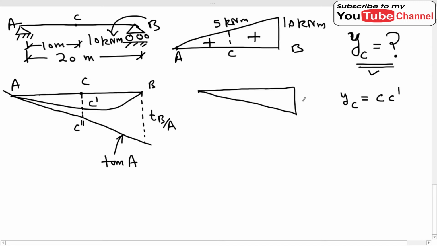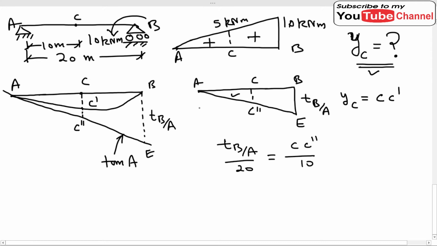This is TB over A, this is C double dash, this is C, this is A, and this is B. Let us call this point E. Now these two triangles, the whole triangle ABE and ACC double dash, are similar, so we can write TB over A by 20, where 20 is the whole length of the beam, divided by CC double dash upon 10, which is the distance between A and C. From here we can find out CC double dash, which will be equal to TB over A by 2,